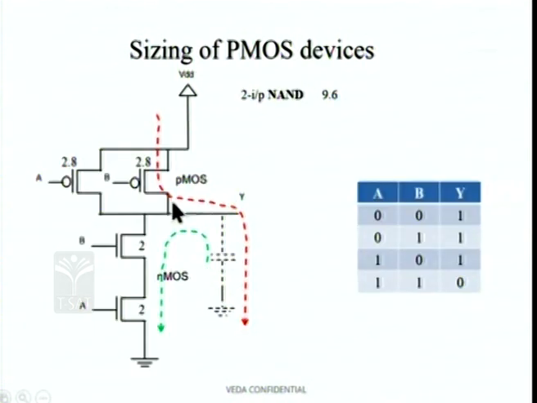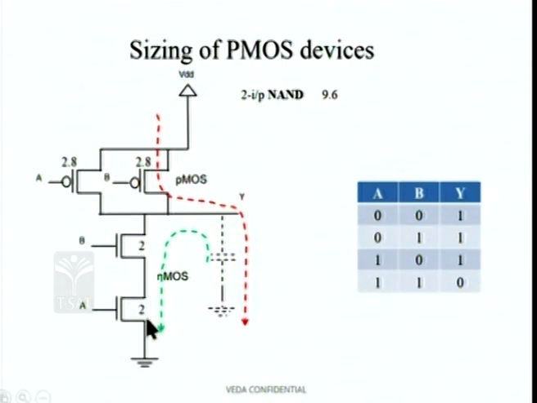But when we go in for a NAND gate like this, we have to size the transistor here also such that this becomes Rn by 2. Therefore, we have to increase the width of this transistor to 2x factor, compared to that in the inverter. Similarly, this also has to be increased to a 2x factor compared to that of the inverter, and therefore, this has to be 2 times the width. Therefore, the area of this is designated as 2 and the area of this is designated as 2.